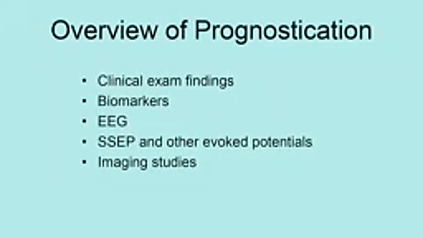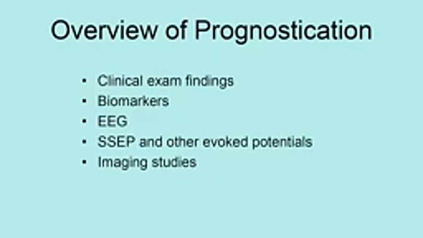Okay, moving on to neuromonitoring and prognostication. The real crux of prognostication is multimodality, really. It depends on the clinical findings based on the neurological examination and also biomarkers. EEG and SSEP are commonly used electrophysiologic tests. And I would say a couple of years ago, I wouldn't have put imaging studies on this, but imaging studies